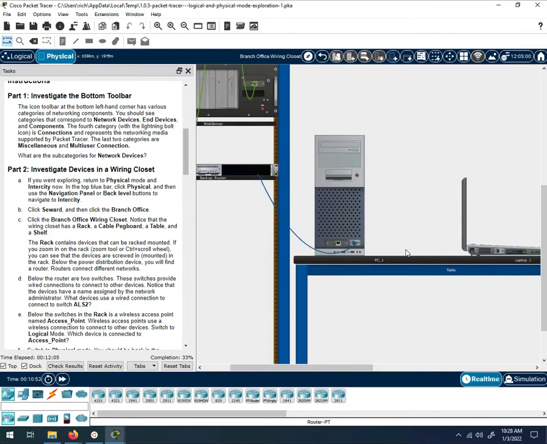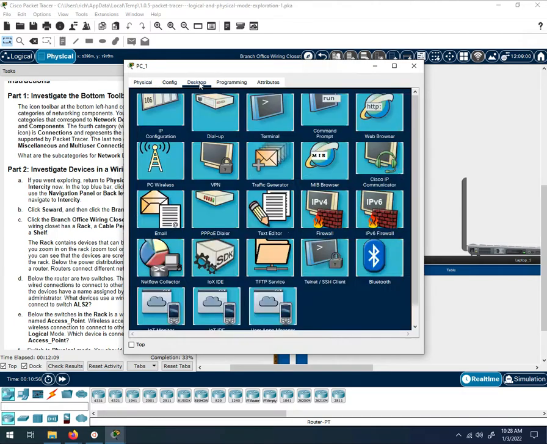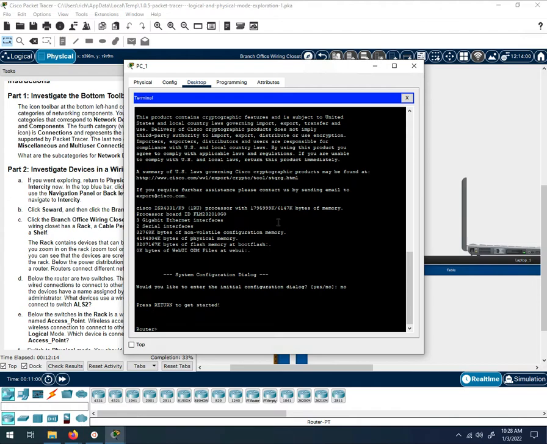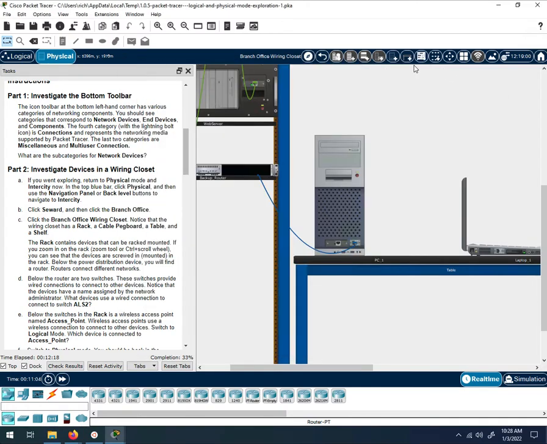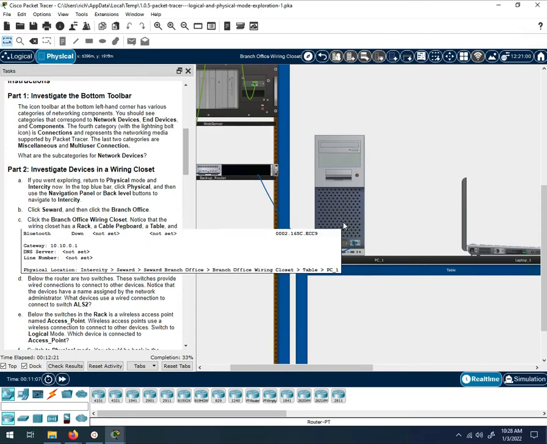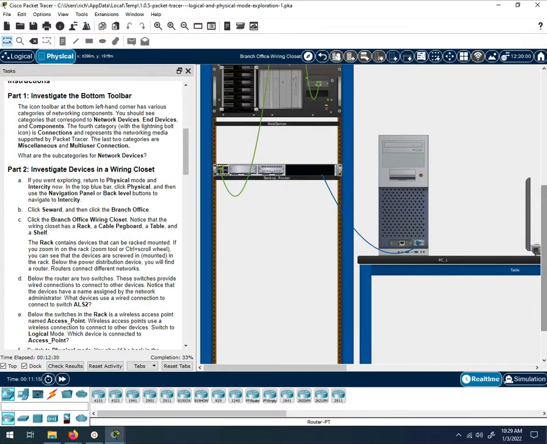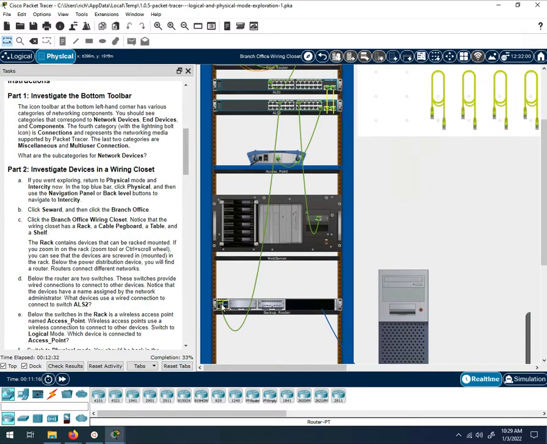Yeah, there's the console. So now we have the console connected from this PC. If you click on the PC and go to the desktop and go to the terminal, hit OK, now you can access the console that way. So this looks a little different than what we've worked with in Packet Tracer in the past, and it's good because it gives us some of that hands-on of actually connecting the cables from the router to the switch, which is something we've missed out on